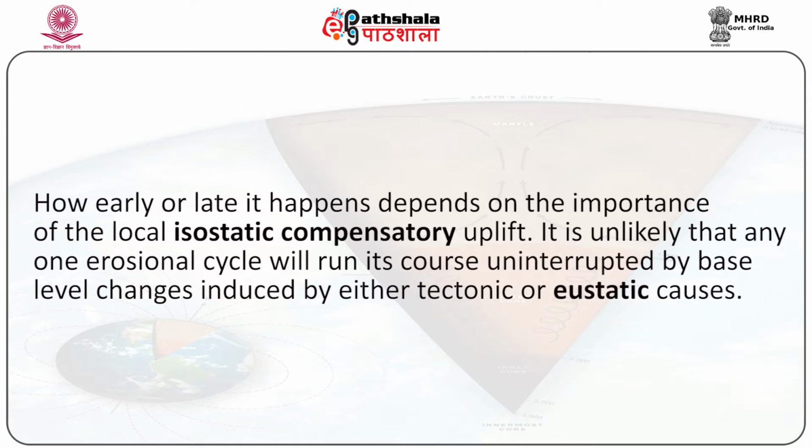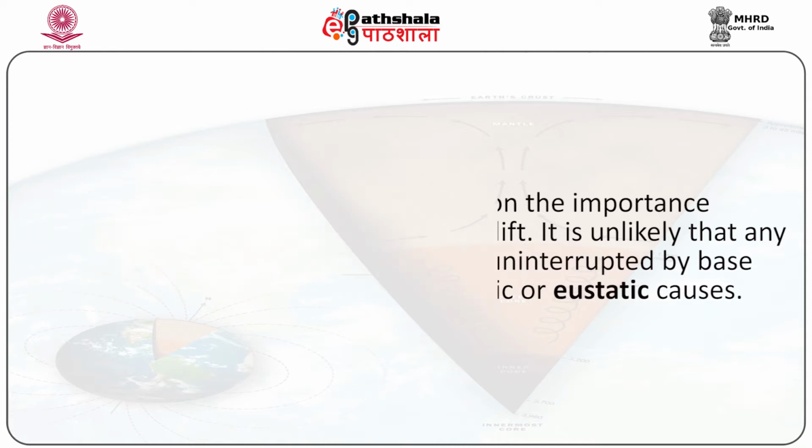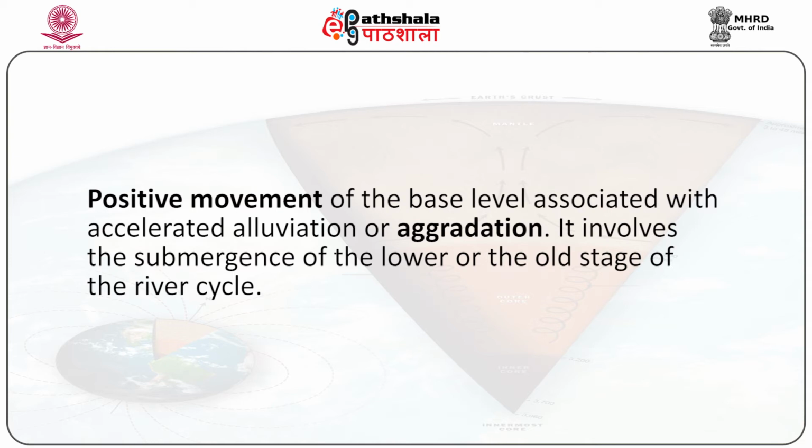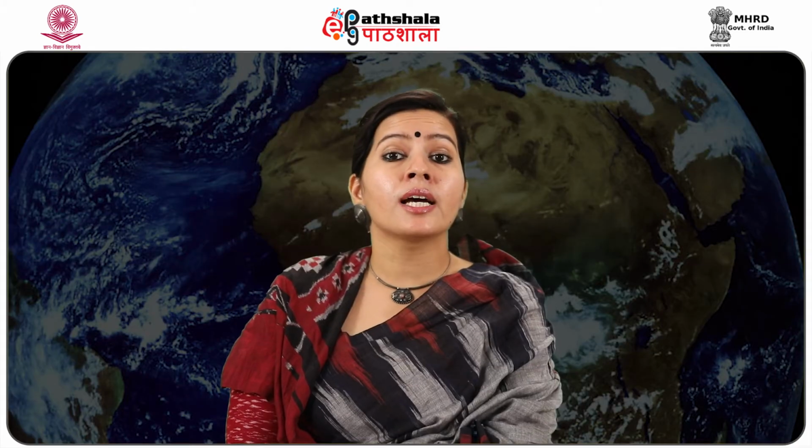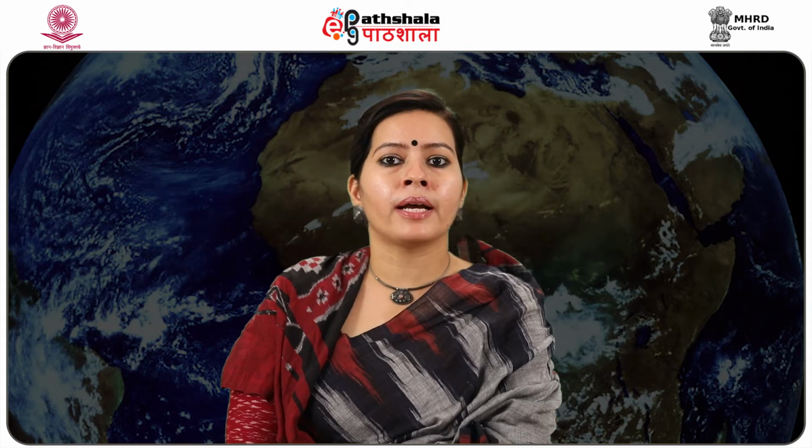It is unlikely that any one erosional cycle will run its course uninterrupted by base level changes induced by either tectonic or eustatic causes. Positive movement of the base level is associated with accelerated elevation or aggradation. It involves the submergence of the lower or the old stage of the river cycle. The result is the aggradation work done by the stream,